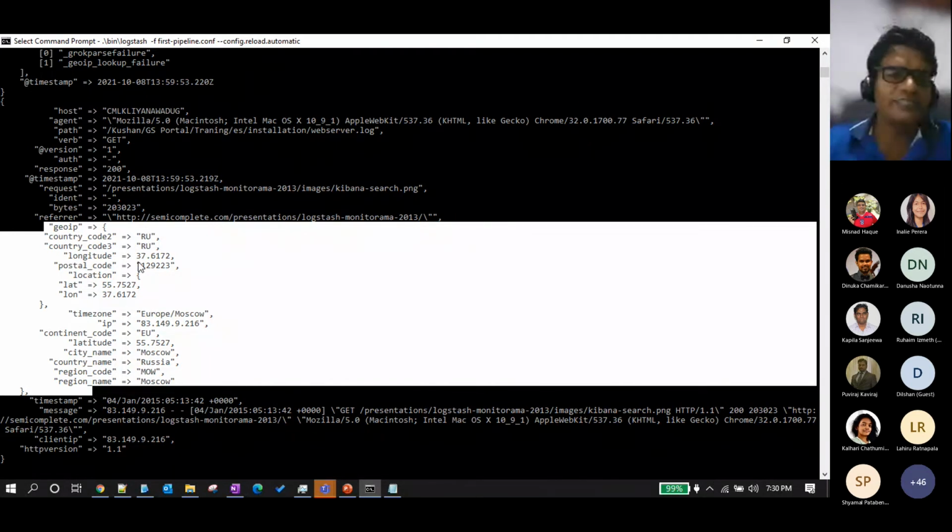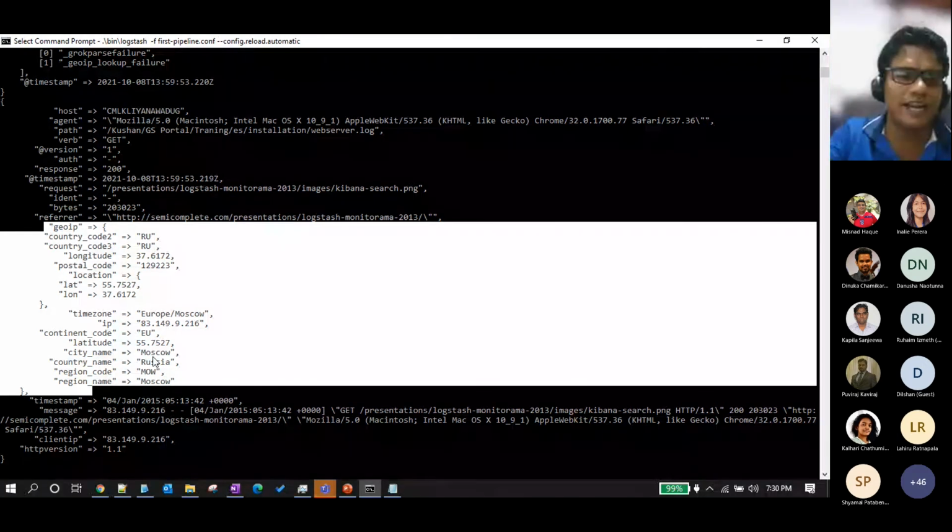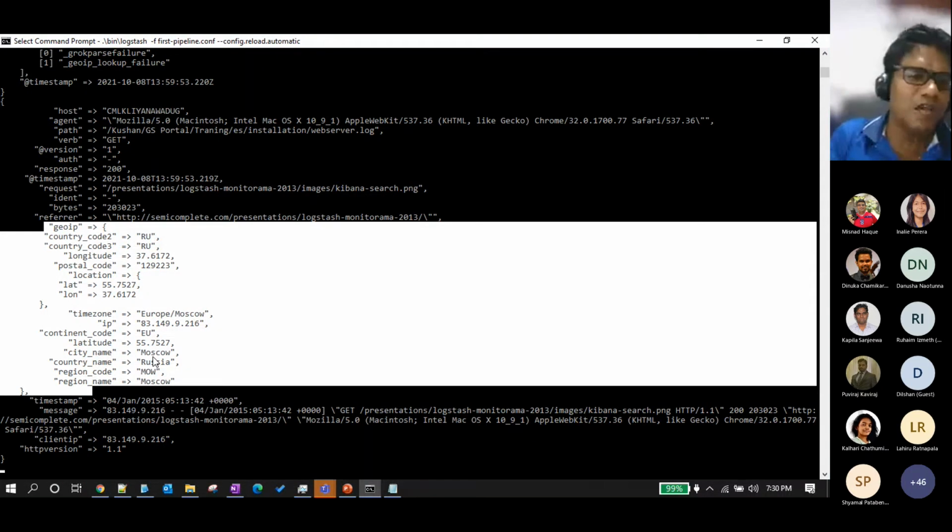If I monitored this manually, I would need to take this client IP and put it into Google to check where it came from, especially in something like a DDoS attack. But now it's very easy. With this option, I'll put it into Elasticsearch and Kibana, and I can easily identify that this particular request comes from this particular region and country. So this is the beauty of it.